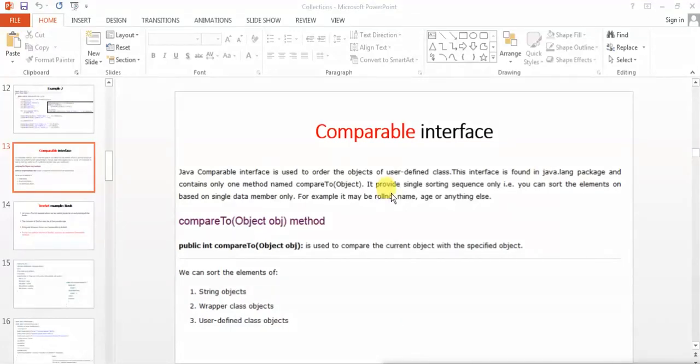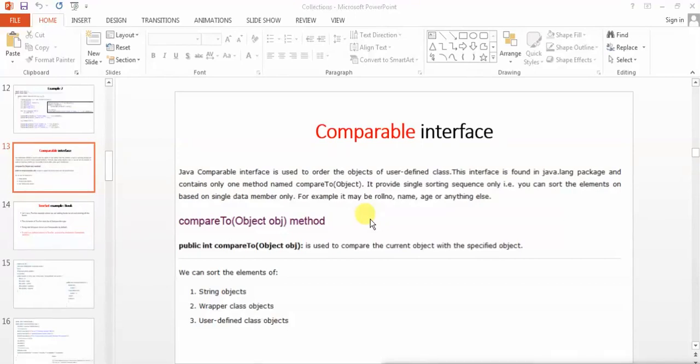Hello everyone. In this video I'll let you know how to add your own class objects into the tree set. Let's say you want to make your own custom class like a circle class, rectangle class, or person class, or any other class, and you want to add its objects into the tree set. Then you cannot directly add those objects inside the tree set, because how will Java, how will the tree set compare two objects and sort them accordingly.